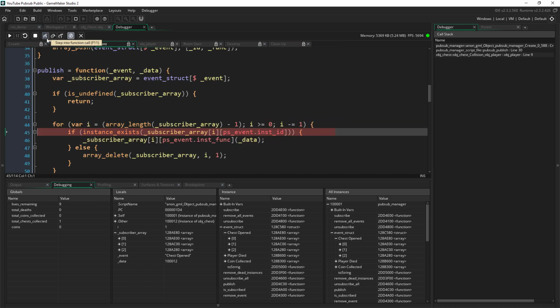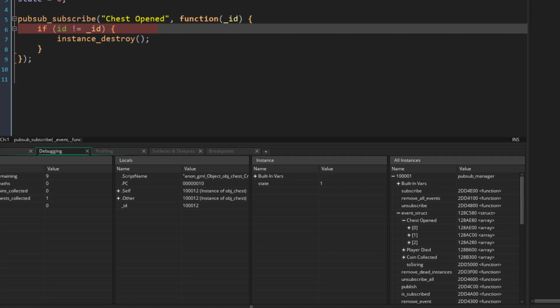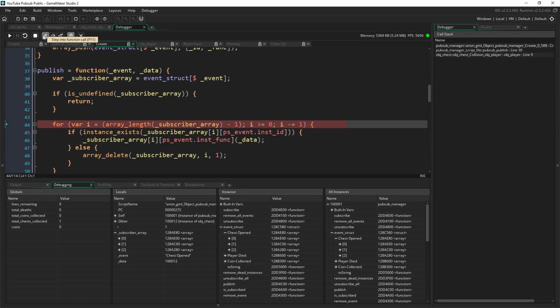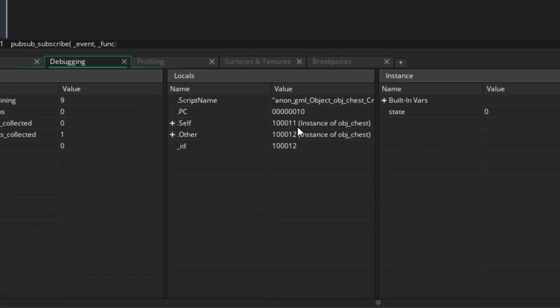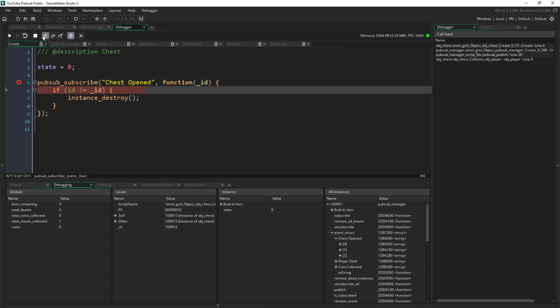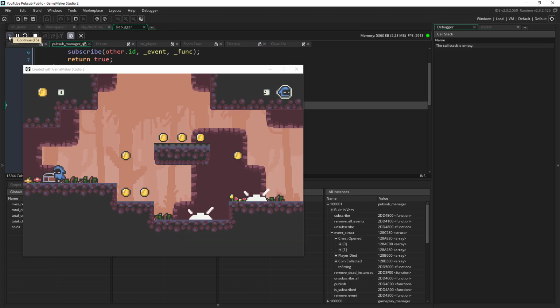We can now go through to the next chest, again running its method. Here we have 012 and 012. So this is the chest that fired the event. It will not destroy itself. And then we have the final chest. We can come inside, 011, 012. It will destroy itself. And we can now run it and the remaining 2 chests blow up.